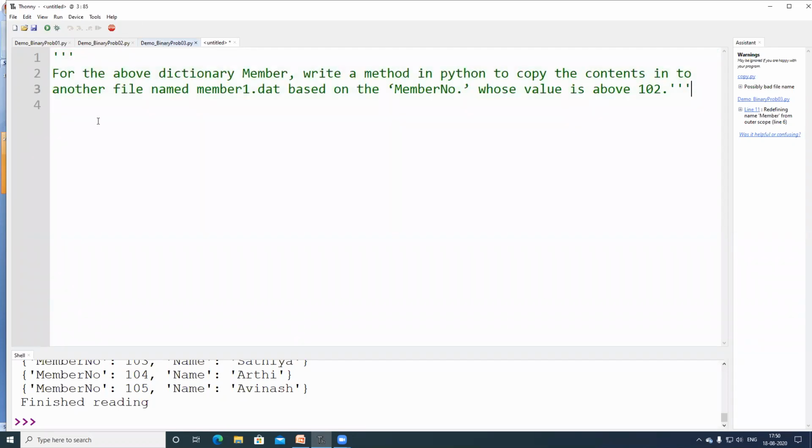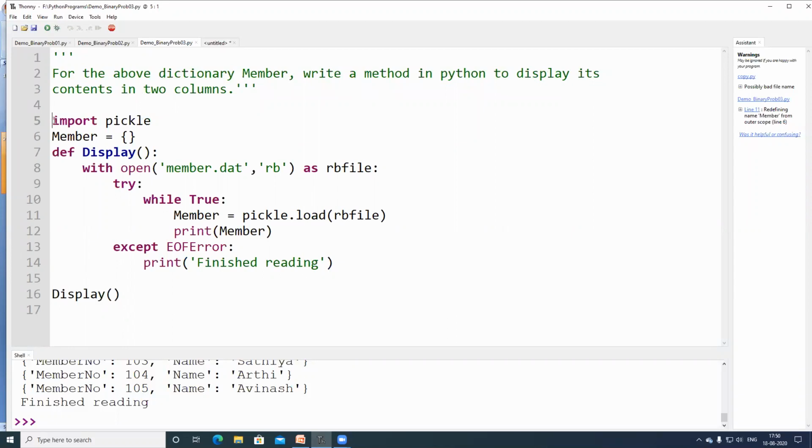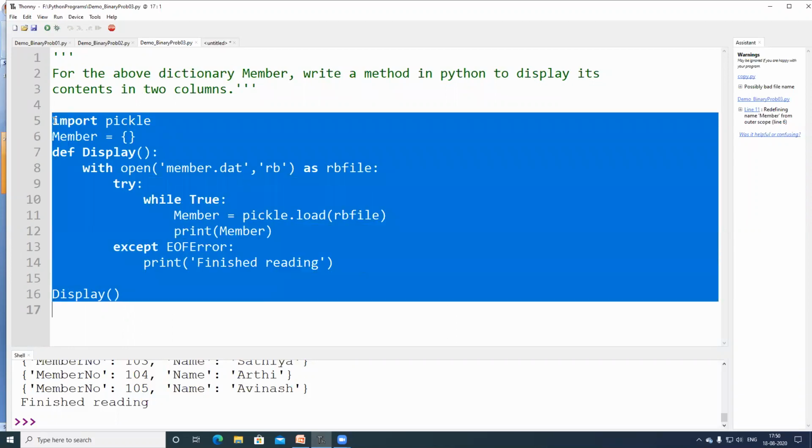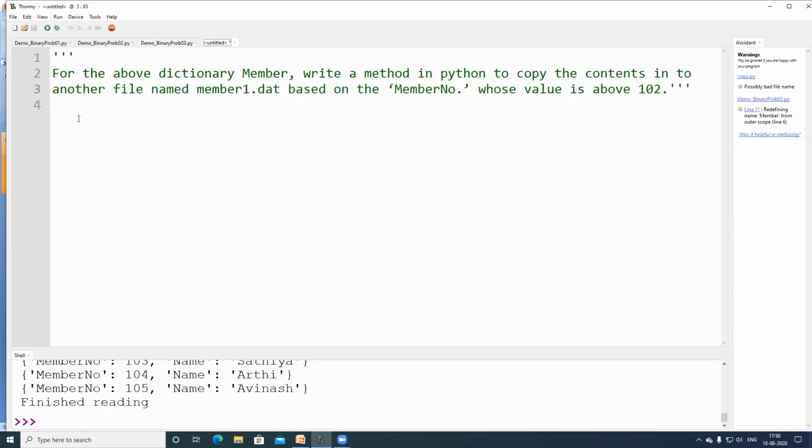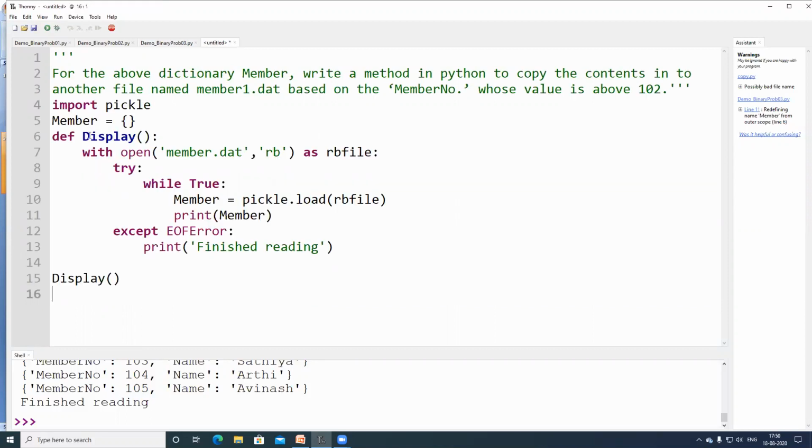Here, since I'm using the same dictionary, I'm trying to copy the previous problem. I'm changing the name as copy. So I'll be calling this one as copy, because the definition name is copy. One more thing we are supposed to do.